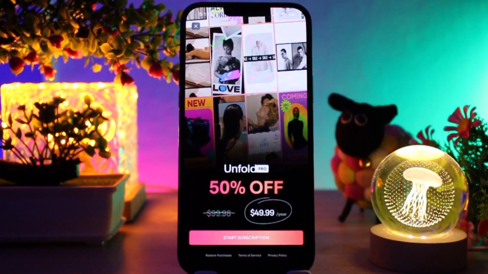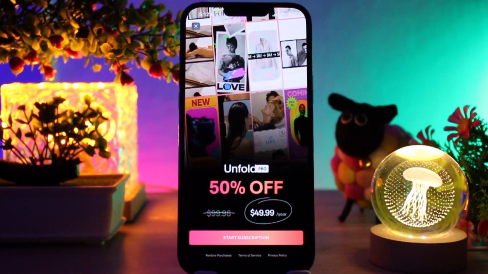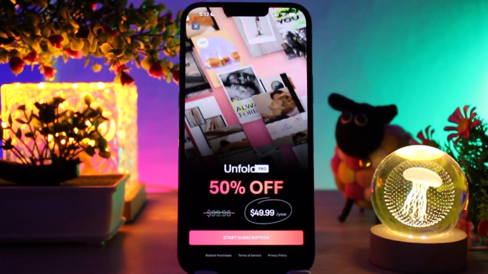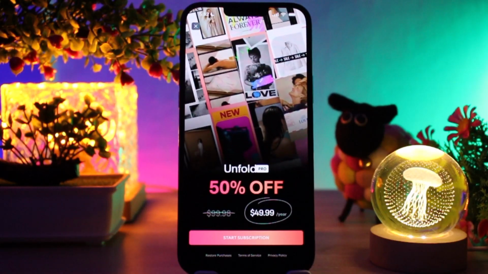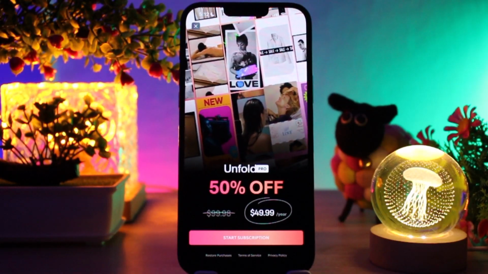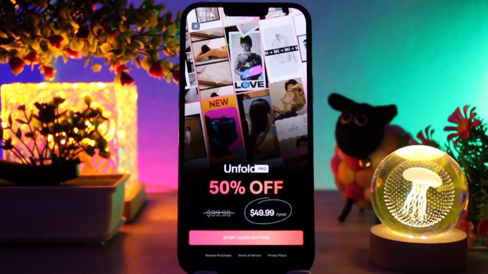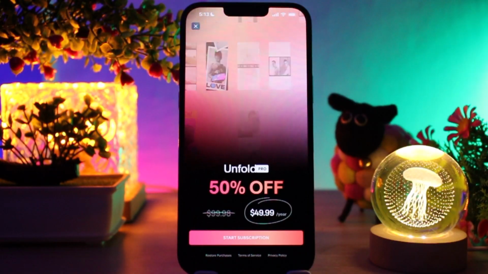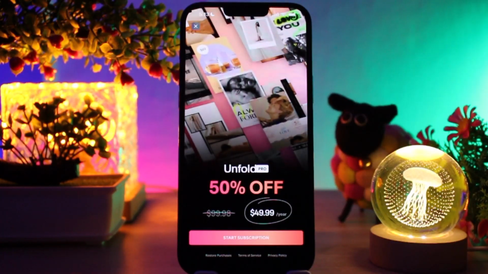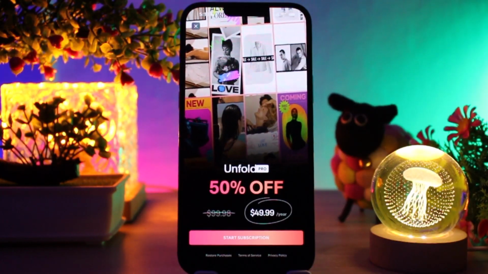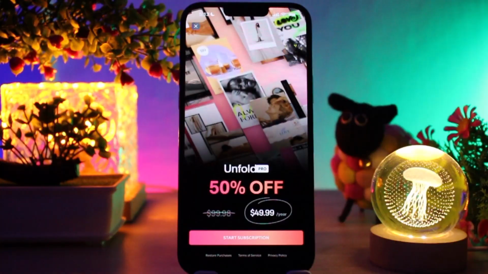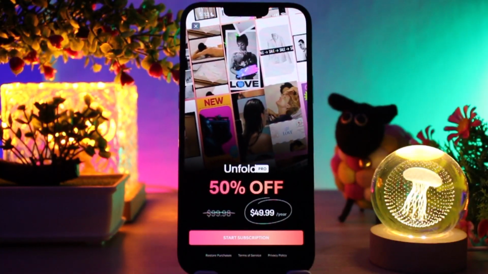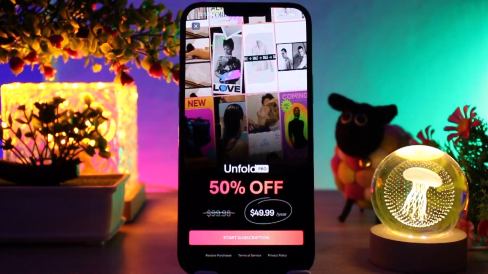Here's what you can do. You are no longer limited to the free ones. Choose from hundreds of premium layouts to make your stories pop. You can upload your own fonts, logos, stickers. This is perfect for business or creators with a signature look. You can also log in to the Unfold Pro web dashboard on the computer to manage many assets easily, especially